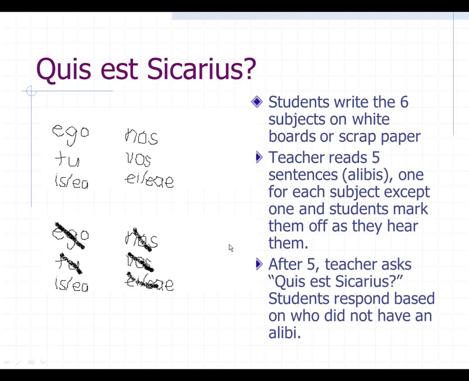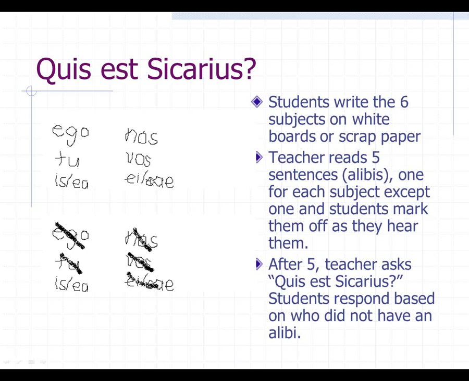Another good super quick game is Quis Sicarius, and this is a great one to play early on when students are just getting used to listening to verbs. So they're listening to hear who the subject of the verb is, and then crossing it off accordingly. It's also good when you just have a few minutes to do some quick verb practice with any level of students.